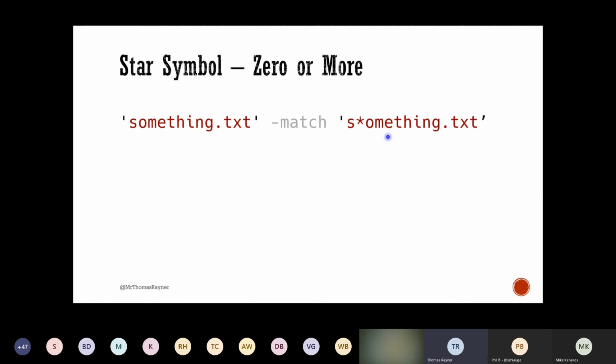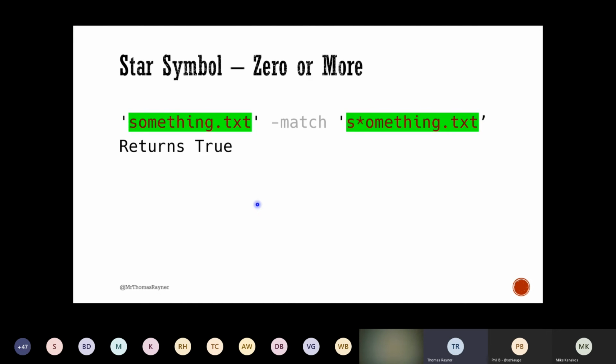And so what this regular expression says, which returns true, by the way, is looking for an S. And then, whoa, not just an S, we're looking for 0 or more S's, and then the rest of the string here. And in our pattern, we have 0 or more S's, and then the rest of the string here again. And so we say, okay, yep, found that pattern. This is the match. This is everything that matched our pattern.